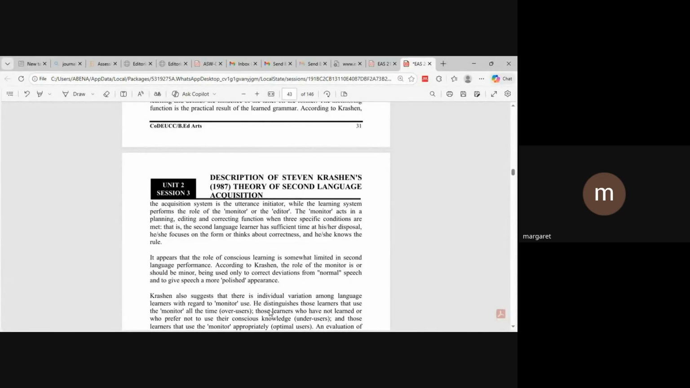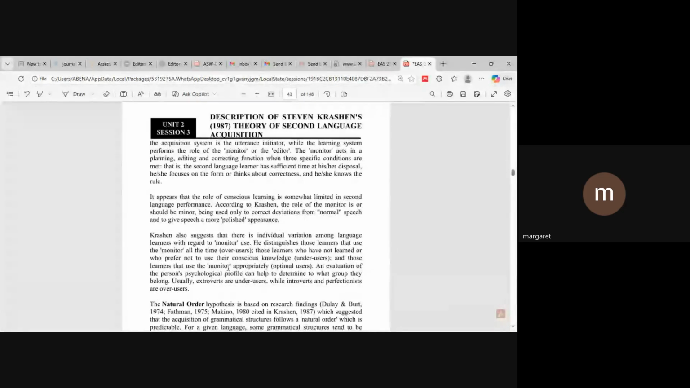the learn system is still needed for better communication. So if there are mistakes in what they are producing, it becomes difficult for you to really understand and follow what they are saying. And we have those who are optimal users. Optimal users are the best users, okay? They know how to balance the use of their monitor so that it doesn't impede on their communication. So these are the three